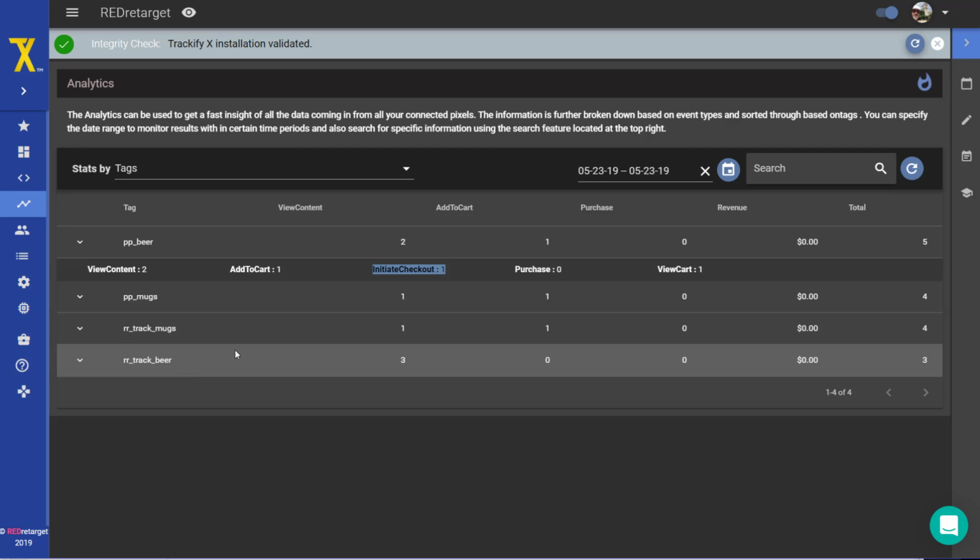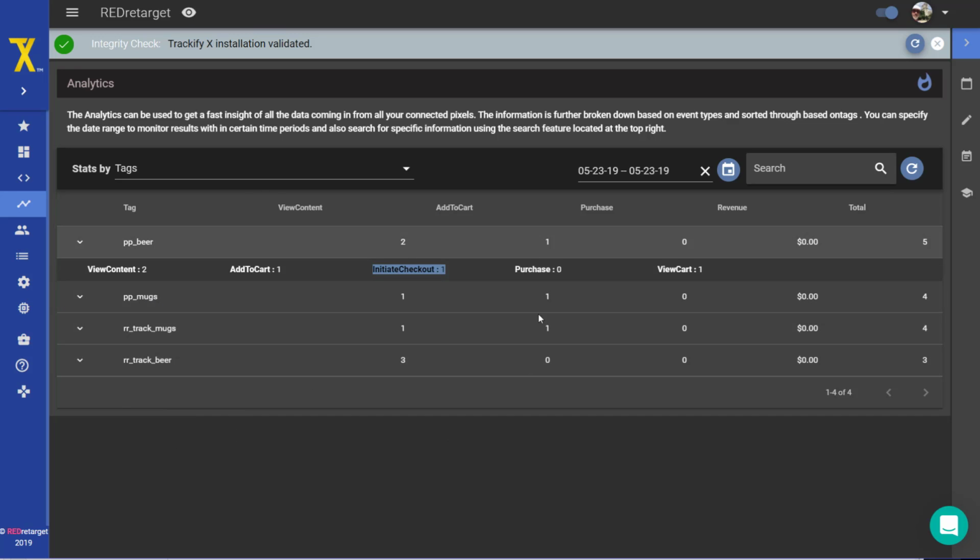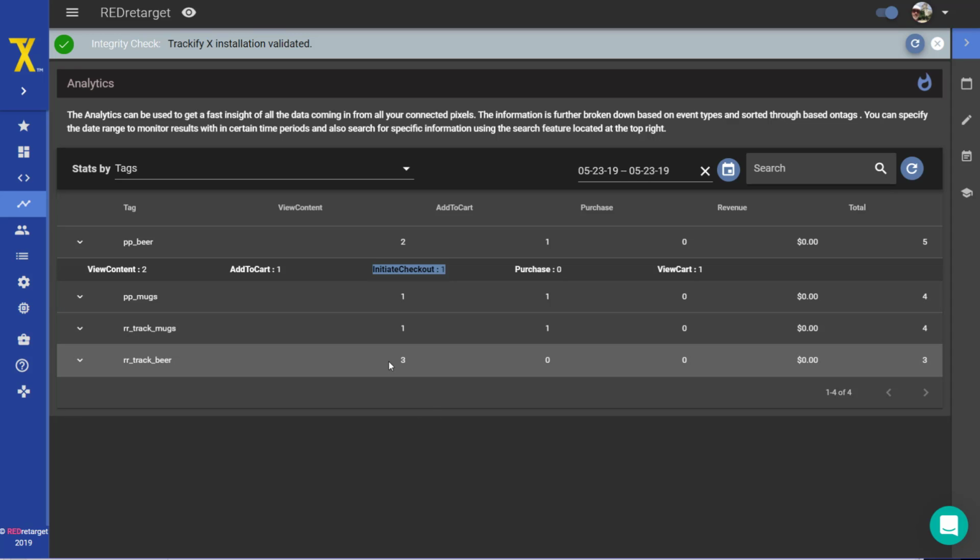Now here's the thing, in Trackify X, you can actually use any tag. So even any existing tags that you had on the products before you installed Trackify will show up in this tag list. However, the tracking data here will not show any past tracking data, because really the tracking data on the Facebook pixels, even for the existing tags in your store, has only been generated since Trackify was installed in your store. And that's why it's so important to use Trackify as soon as possible to generate the special data